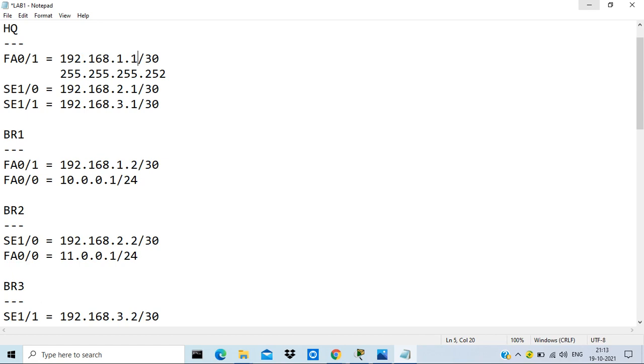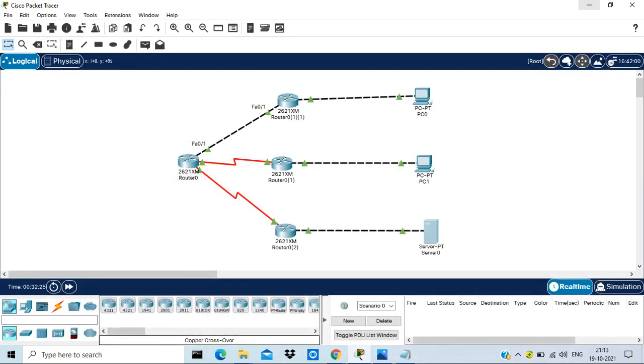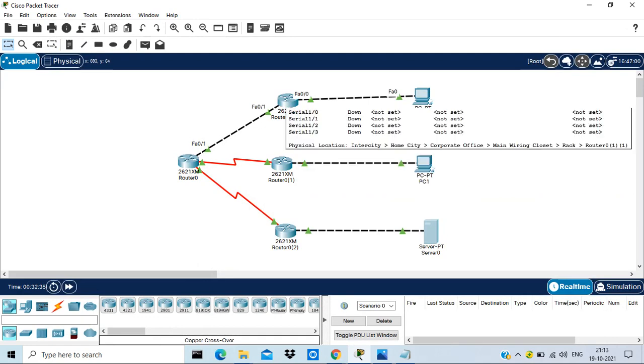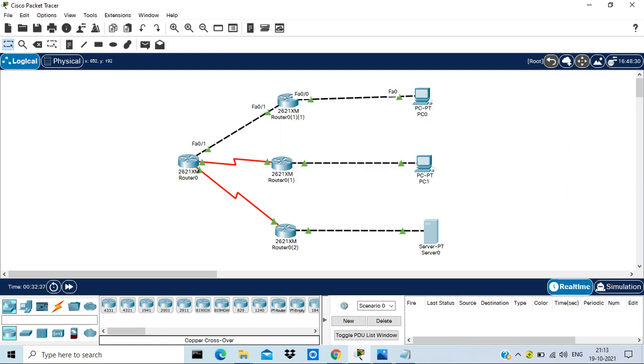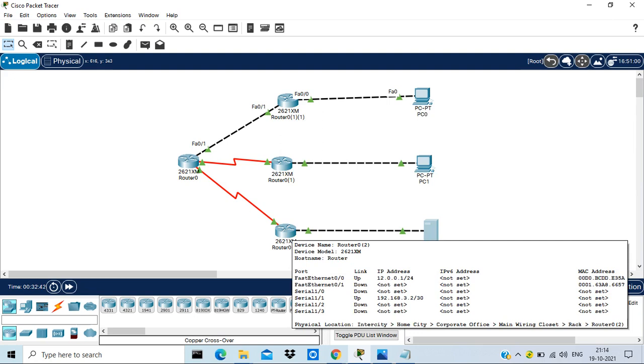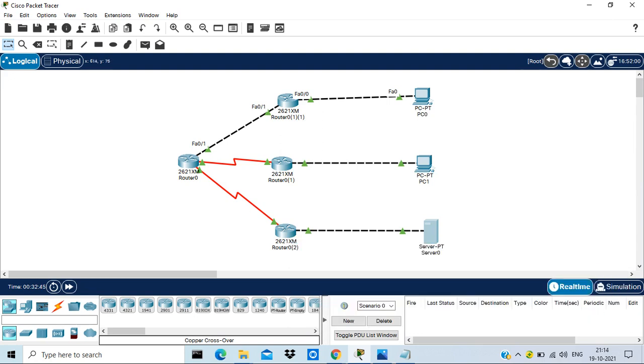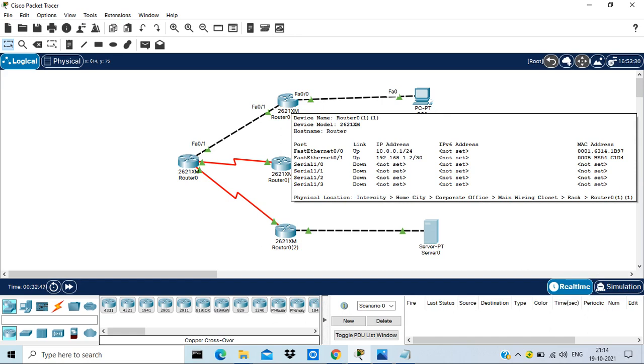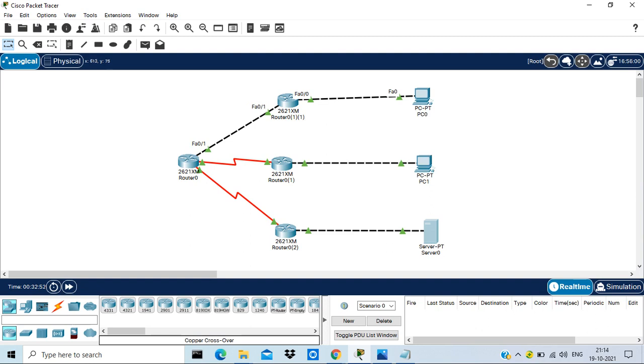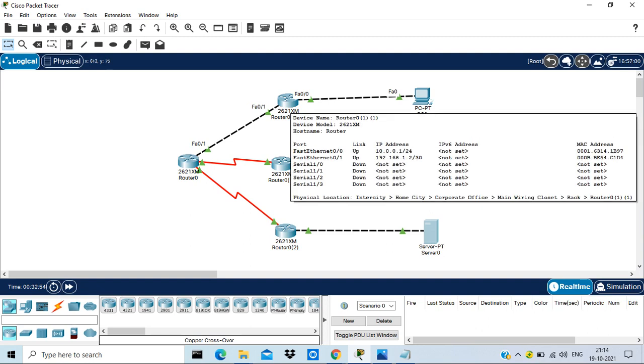Now here is a little bit of quick concept that I would like to give. In most cases, the trainers or teachers teach that this branch office 1 network is 10 series, branch office 2 LAN network is 11 series, and branch office 3 is 12 series. So in this branch office 1 router, what is your concept, how many routes should I add?